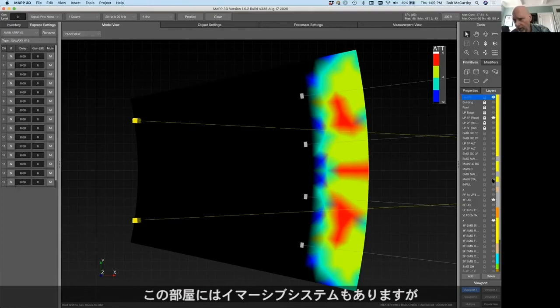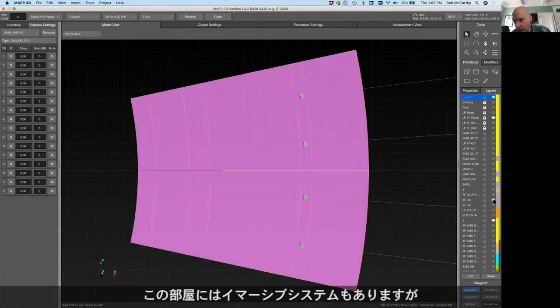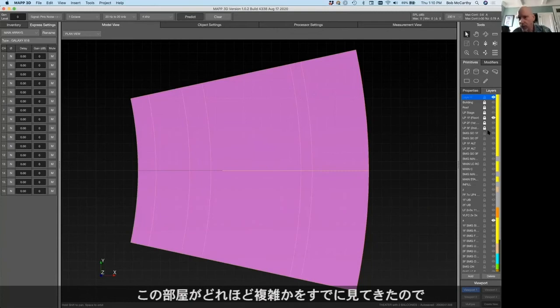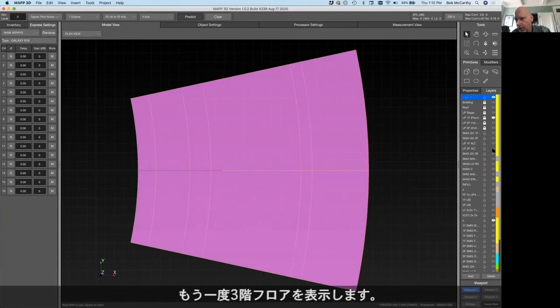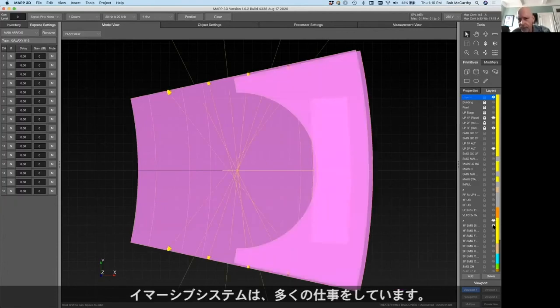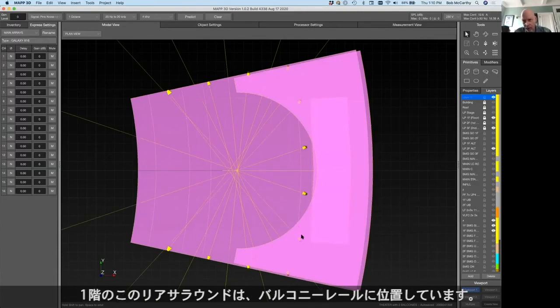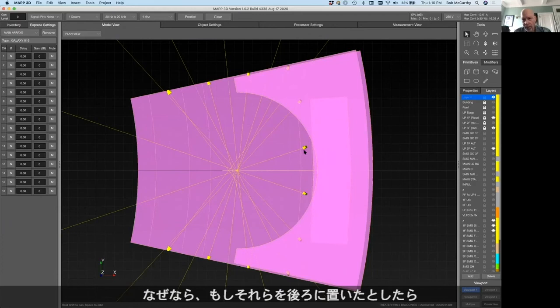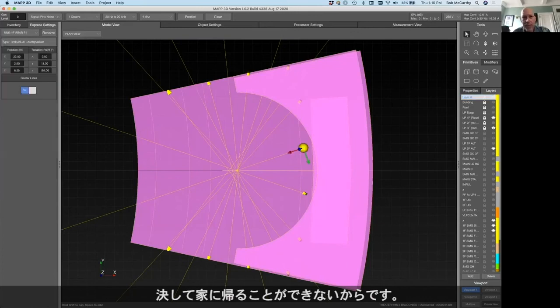So then there's also an immersive system in this room, and that gets much more complex because you already saw how complex this room is. So if I put on these surfaces again, third floor, the immersive system has a lot of work to do. Now, the rear surrounds for the first floor are located on the balcony rail, because if I put them all the way in the back, I've got to plow through people to get there and you'll never make it home. So these guys are going to get there